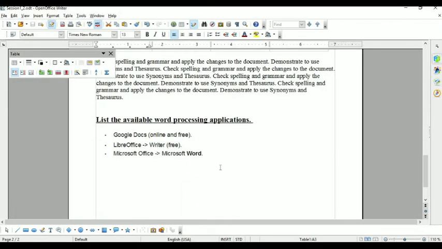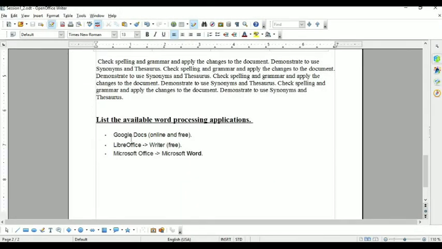See the live example in the practical. Suppose I have made some mistake here. I have written the spelling of Google incorrectly. I want to undo this previous action.